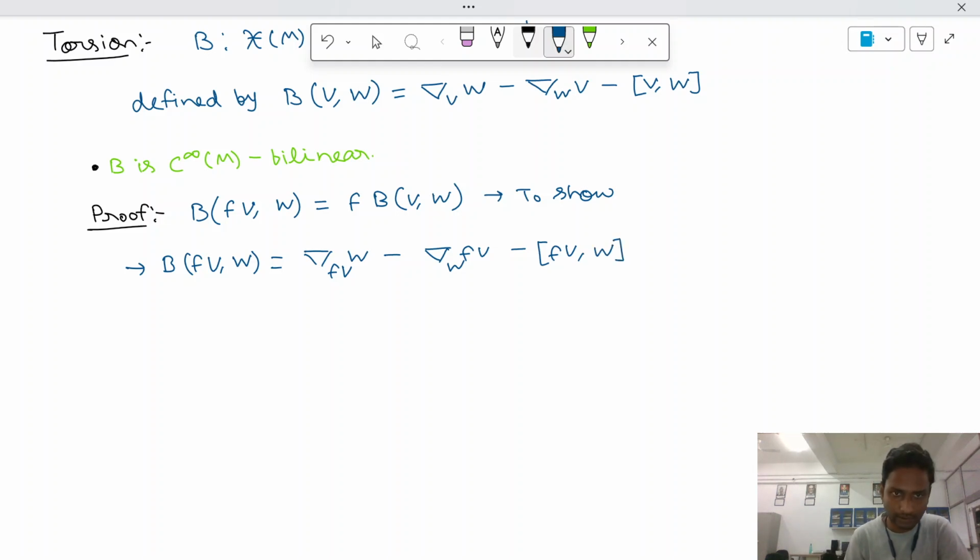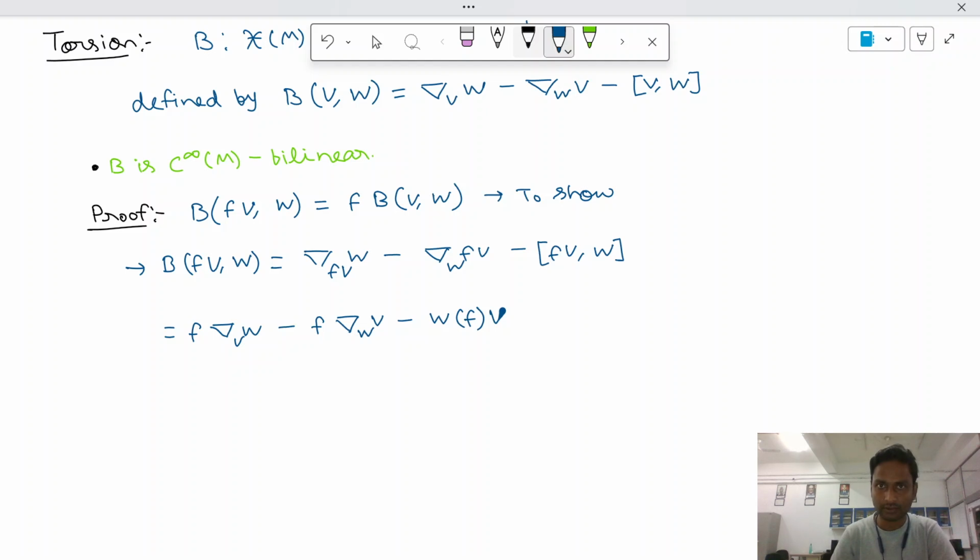Okay, let's use the properties of the connection. I told you the affine connection. So in the lower slot, the first one has f in the lower slot with the v. In the lower slot, you can simply take out the f, and this is f nabla_v w minus. Here you will have to apply the product rule, okay, because it is not linear in the upper slot. So first f will come out, right? f nabla_w v minus, then what will happen? w(f) v,